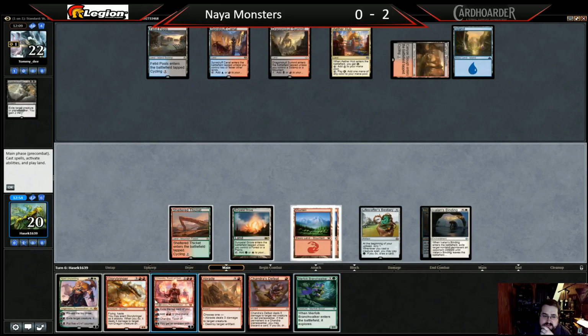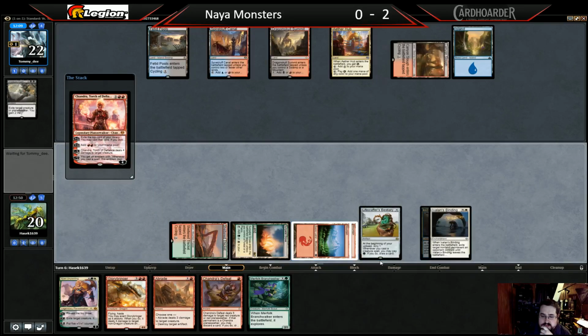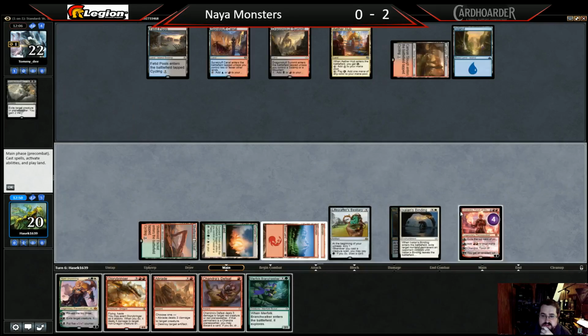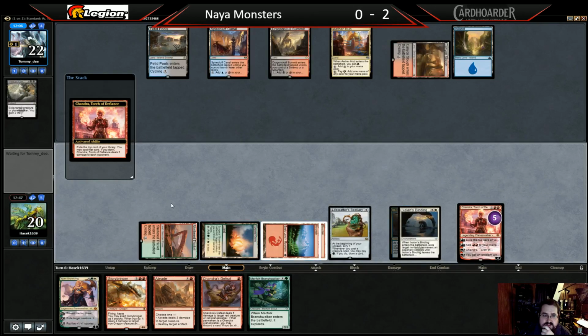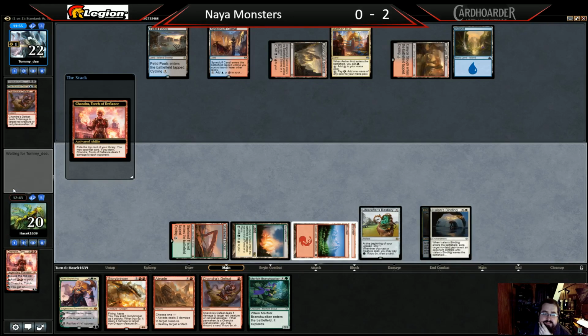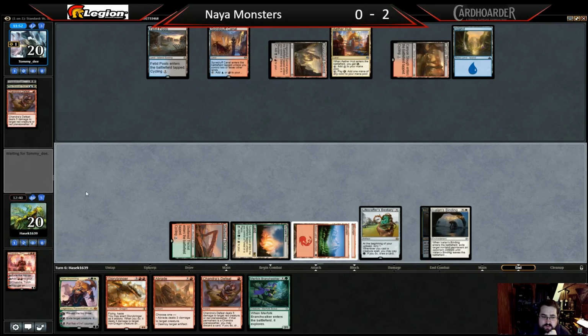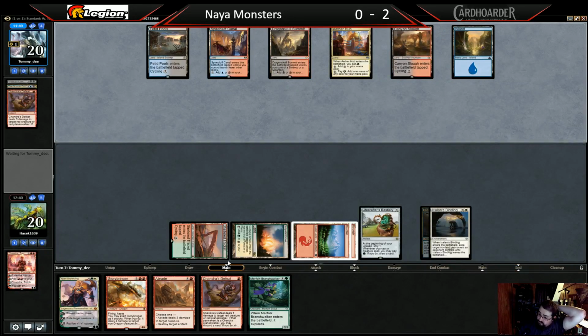Bottom that. Alright, let's go for this. Take up to exile. That's fine. Alright, well, that's fine. That was a mountain. That's a little annoying because we wanted that mountain, but, you know. We have Branch Walker, so...